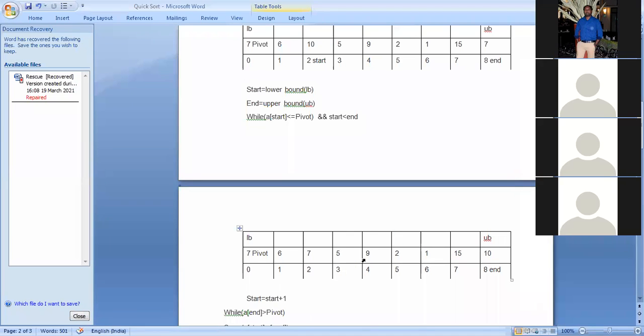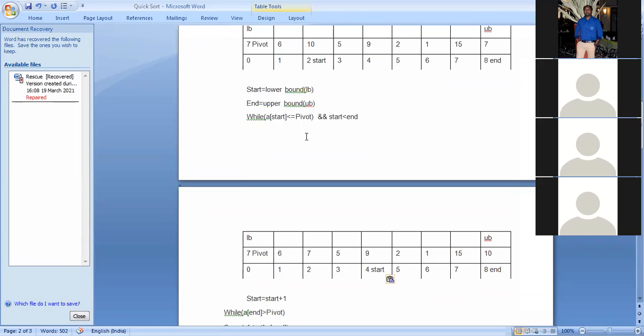So now start value is 4. Again we'll check a start is less than equals to pivot. Now a start value is 9, so 9 is less than equals to pivot 7? Condition is false.